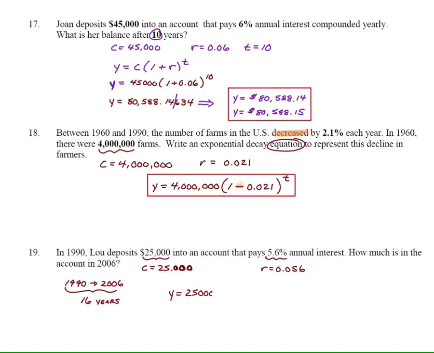So my equation is going to be y equals 25,000 times the quantity 1 plus 0.056, because we're talking about exponential growth, to the 16th, because it's 16 years from 1990 to 2006. Then I would literally put 25,000 times 1 plus the quantity 1 plus 0.056 to the 16th in my calculator, and you should get